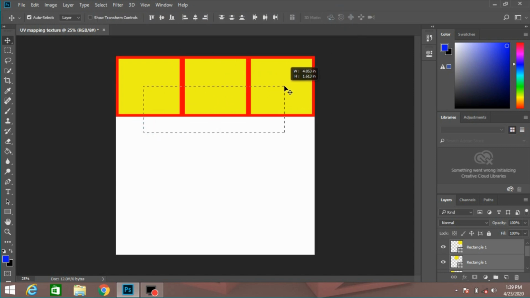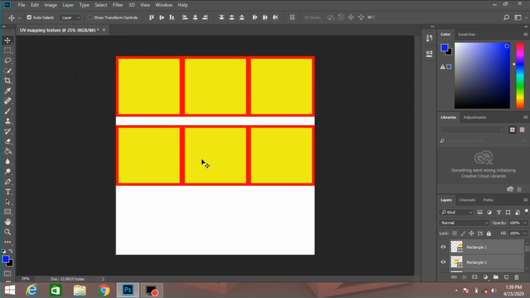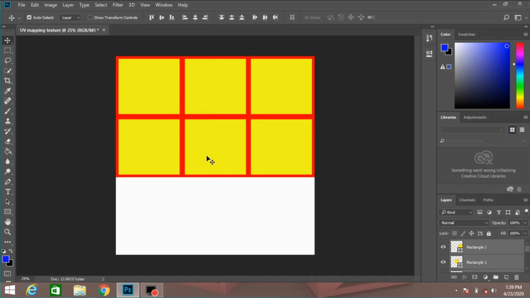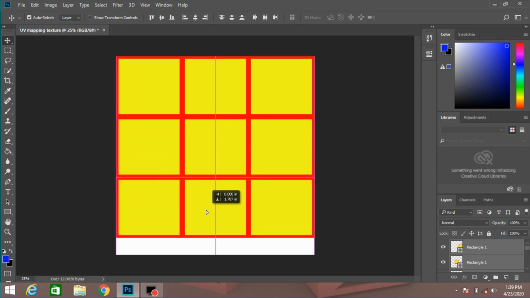Now select all the three shape layers. Go to Edit, click Copy and Edit, Paste and move it just here. Press Ctrl plus V to paste and put it here just like this.